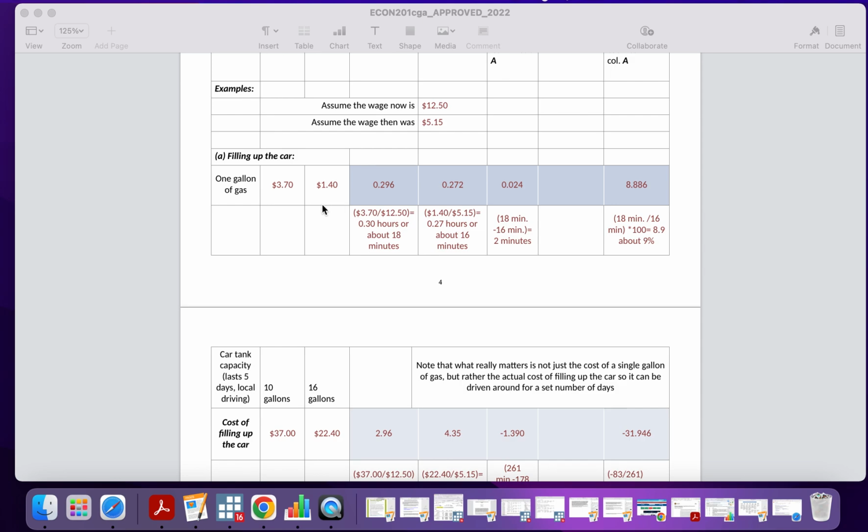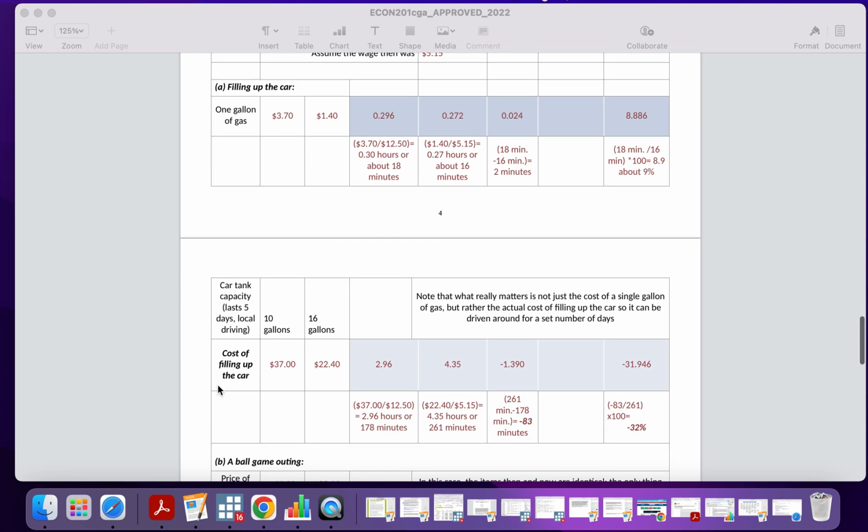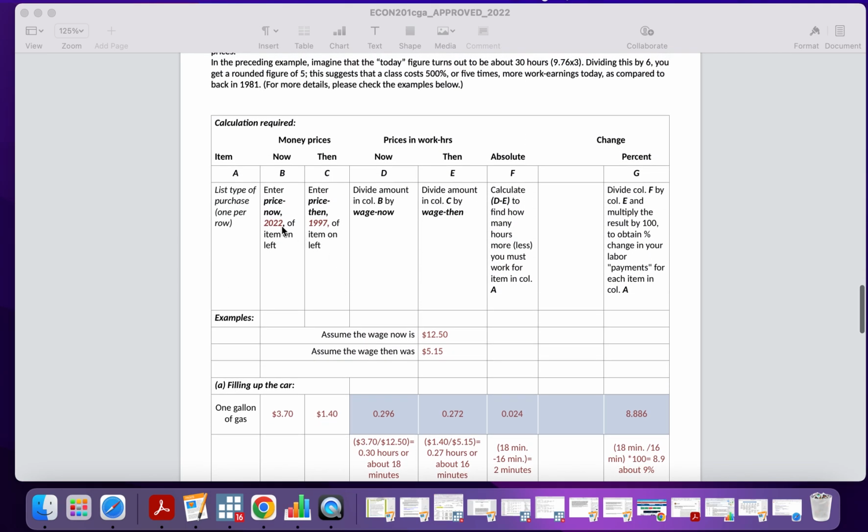Cars get better mileage then. So you might want to make this something like the cost of a trip somewhere driving, or as in this example, just the cost of filling up a car, because fuel tanks also tend to be smaller today than they used to be roughly 20 years ago. So across the top of this